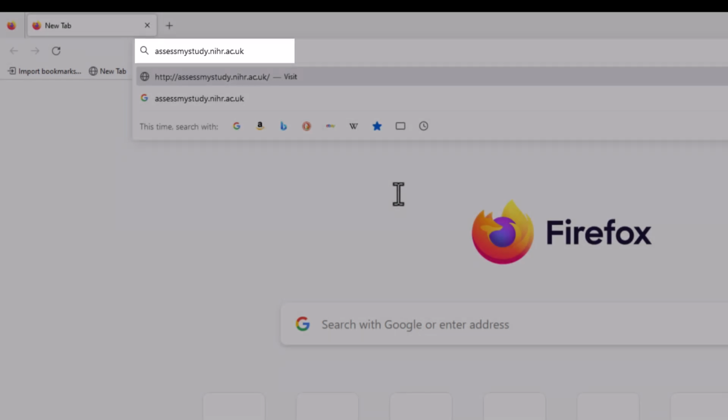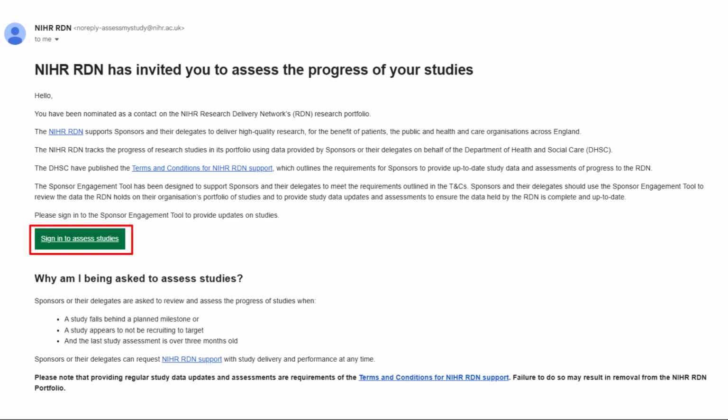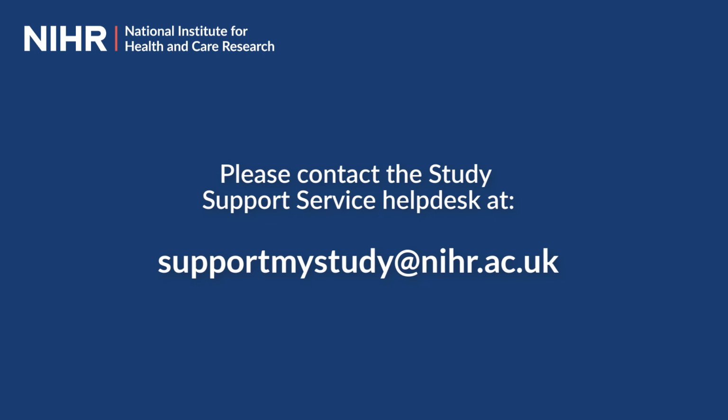You can access the Sponsor Engagement Tool via the URL assessmystudy.nihr.ac.uk or via the link in the automatic system notification email you may have received. Users should be invited to use the Sponsor Engagement Tool on behalf of their sponsor or delegate organisation, i.e. it isn't open access. If you believe you should have access to your organisation's information via the Sponsor Engagement Tool, please contact the Study Support Service Help Desk at